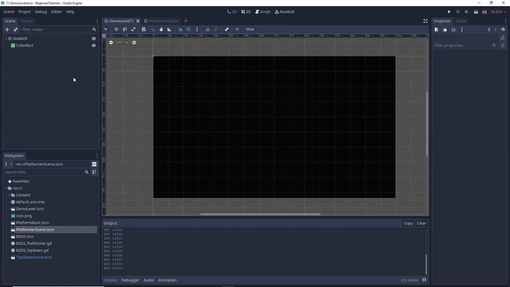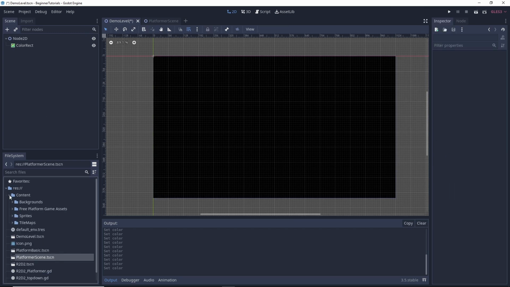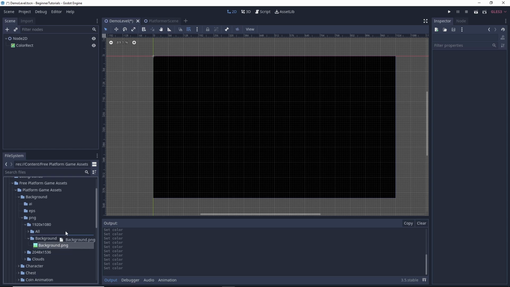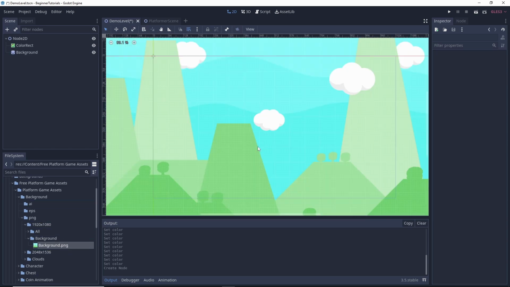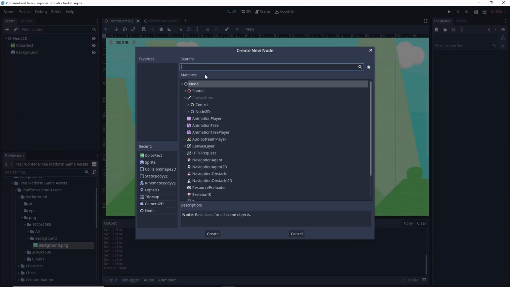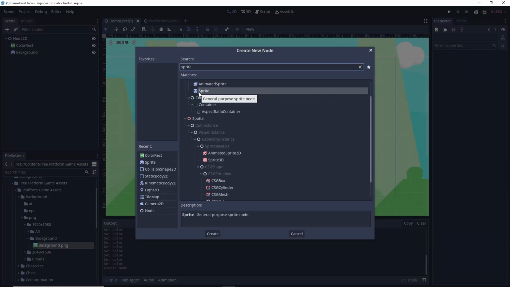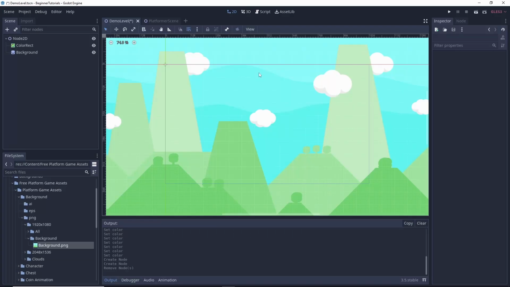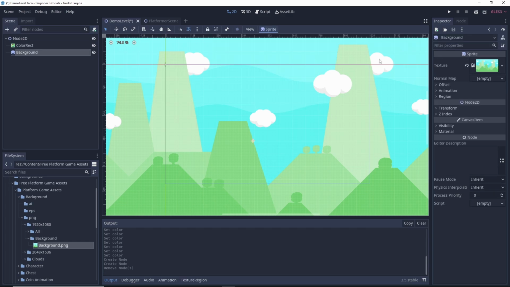And we can do that by either going into our content and using our free platform game assets and finding one of our backgrounds. And we can simply just drag this onto our scene and drop. Alternatively, you could go up here to the plus and add a sprite node right here and do the same thing. Now, obviously, this is way bigger than our frame, so we're going to have to resize our background sprite,